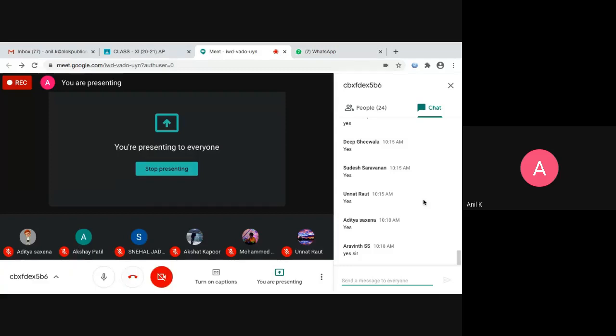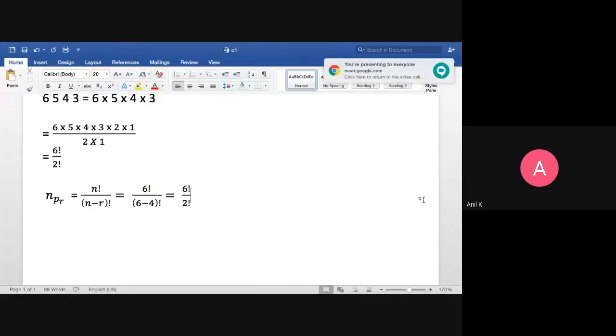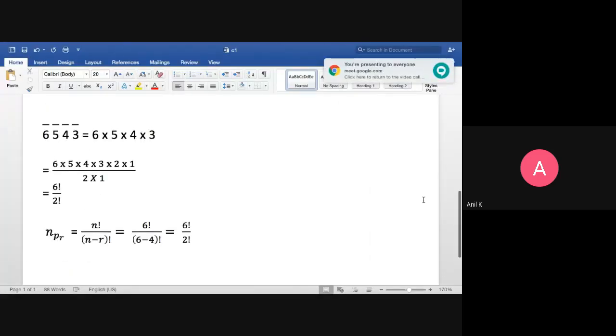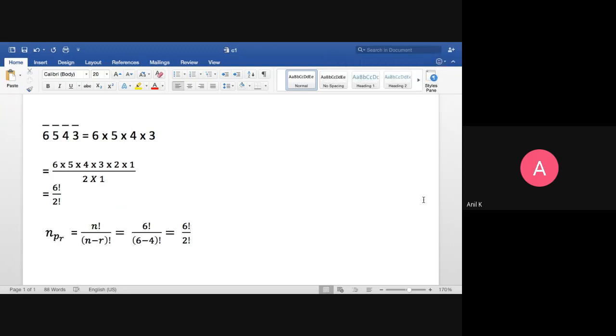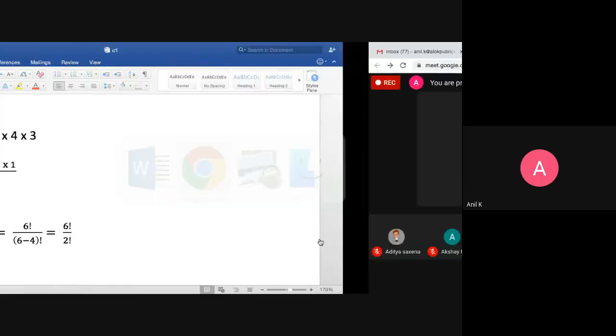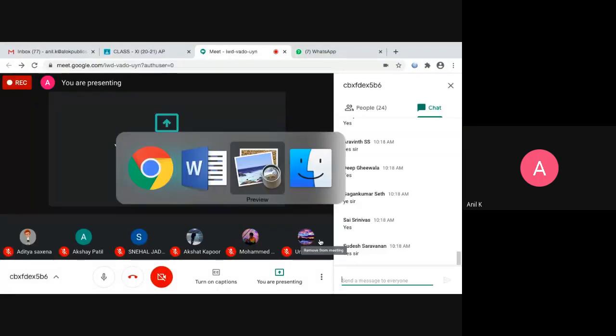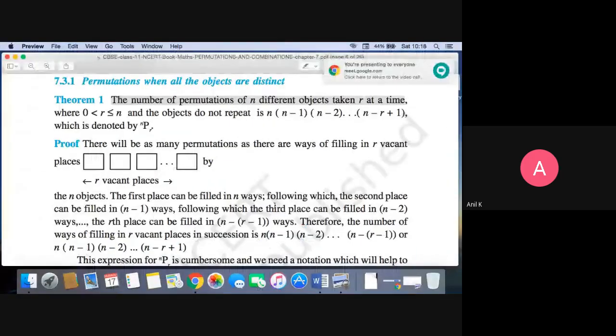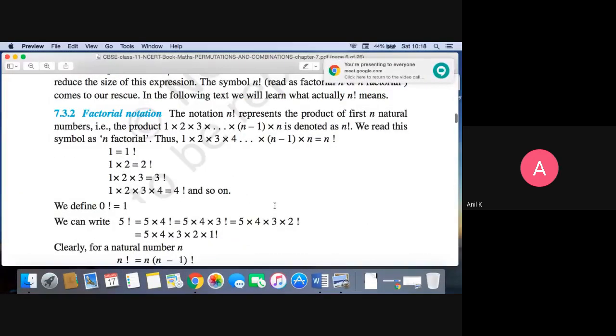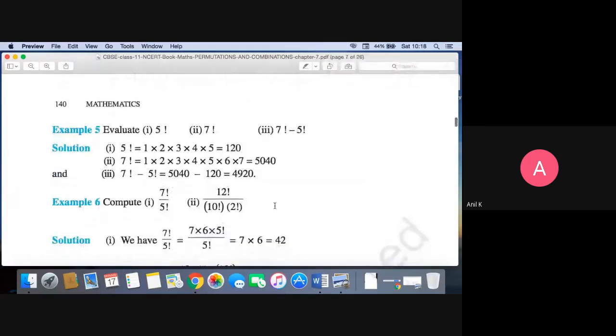Yes. So from now onwards, for permutation we have a formula, and the formula is nPr, where n is the total number of objects and r is the number of objects we are selecting out of n. The nPr expansion is n factorial upon n minus r factorial. So let's take examples of how this works. Here a lot of explanation is given. Just go through it the same way.